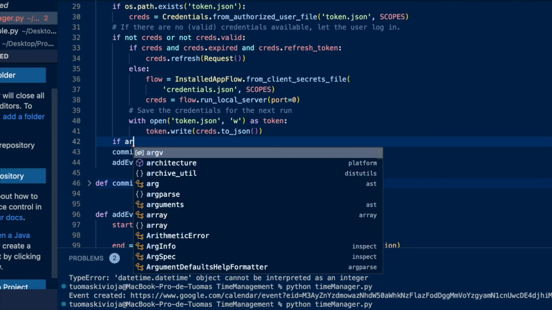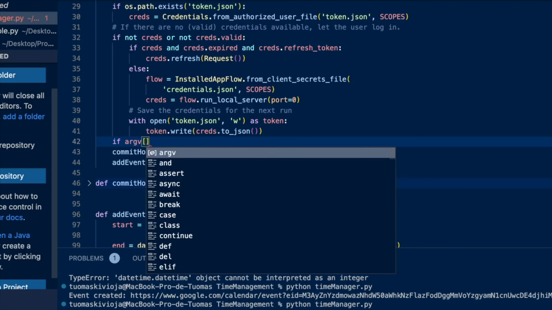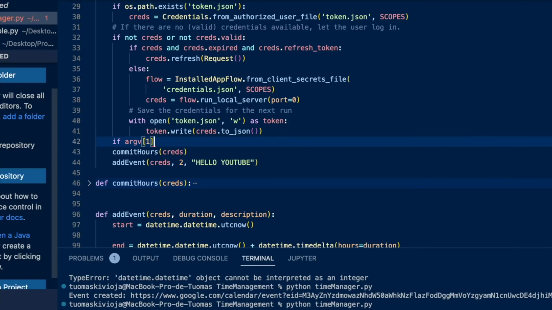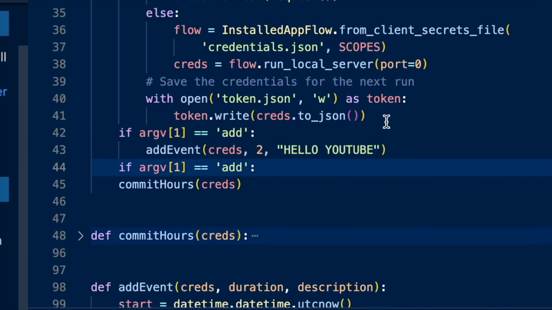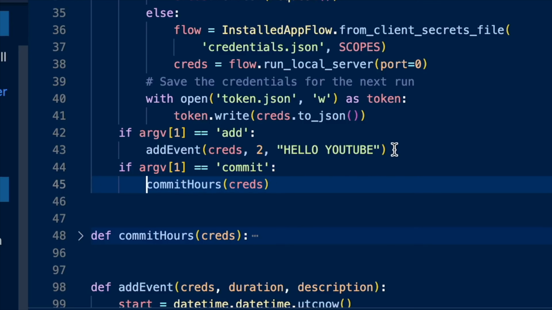And here we're gonna go: if argv1, so argv0 is always just gonna be your program name. Argv1 equals, let's say if we give it the argument of add, then what we want to do is run this add event function. Whereas if the first argument is, let's say, commit, then we want to run the commit hours function. And obviously for the add, we would need to be able to get the parameters of the function